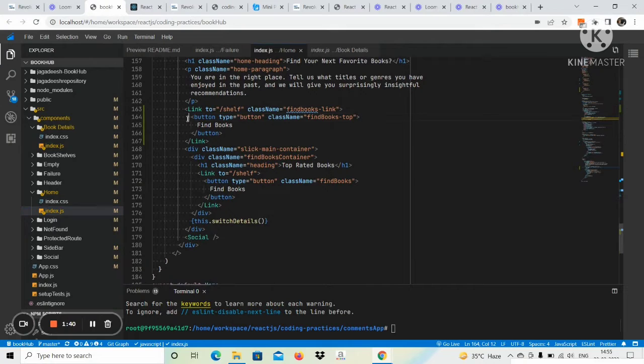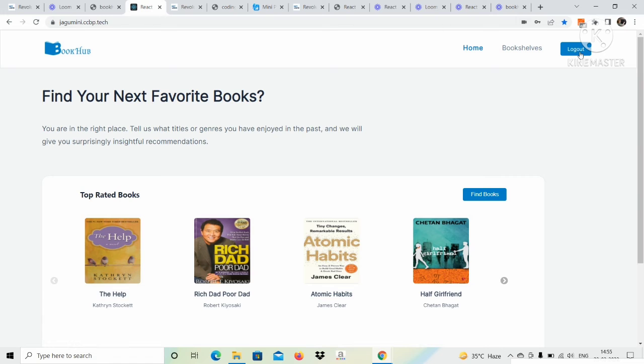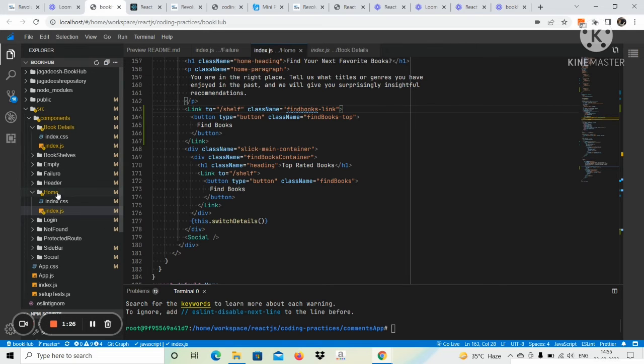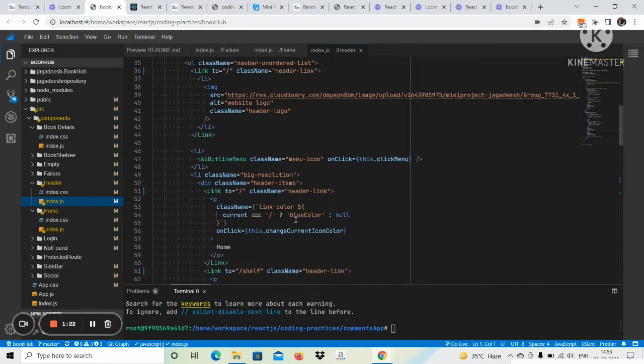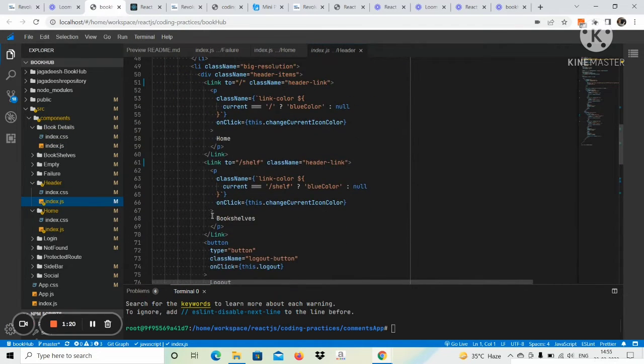So here this is the find books button. We are wrapped inside a link component, and the path we gave here is shelf. And also in the header section, there is a bookshelf. Let's see what the code is here. Inside the header component, there is an index.js file. Inside the bookshelf, again we are wrapped using a link component, and the path we provided is shelf,